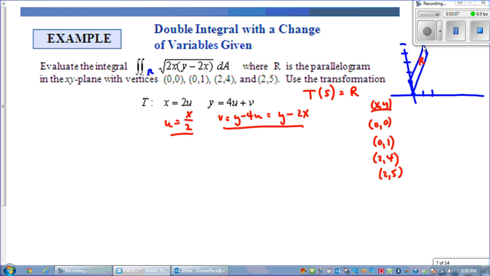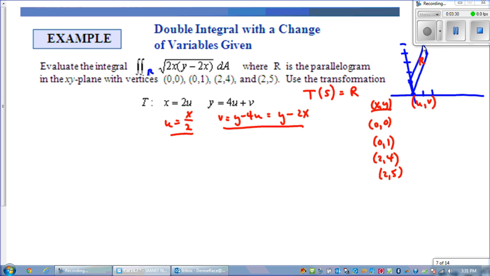But it's easier if you just take the endpoints, the vertices where those line segments meet, transform those under the transformation, and then just connect the dots. So with linear transformations, lines stay as lines under these transformations. So to find u, v,